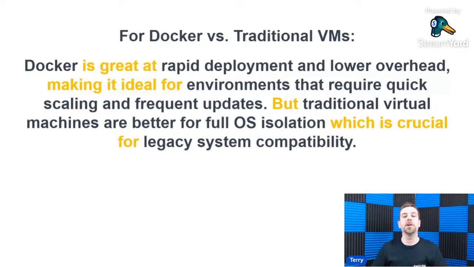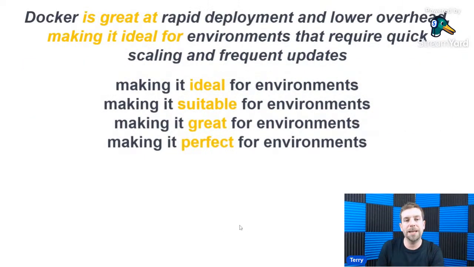So we see here we've got almost four basic sentences. Is great at, making it ideal for, but this feature or technology is better for a specific result, which is crucial for. So again, we can say Docker is great at rapid deployment and lower overhead, making it